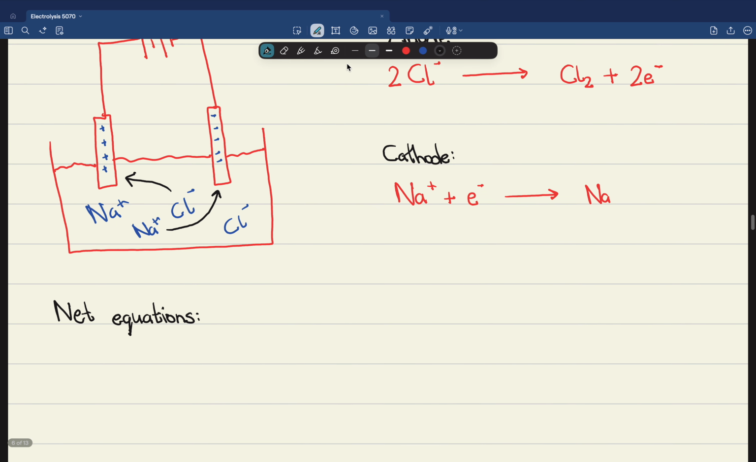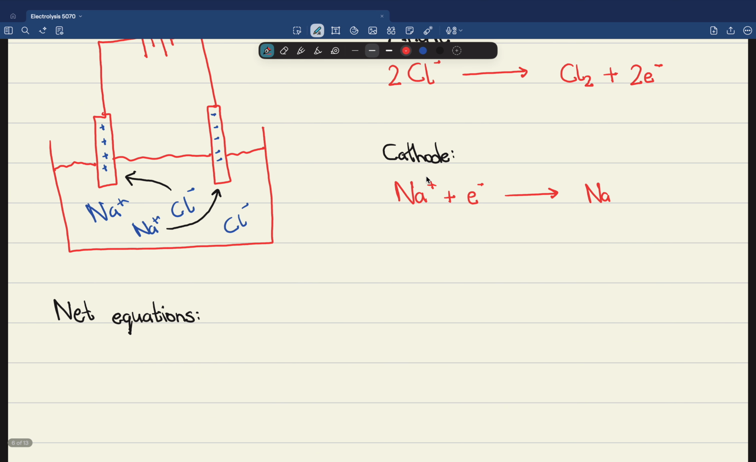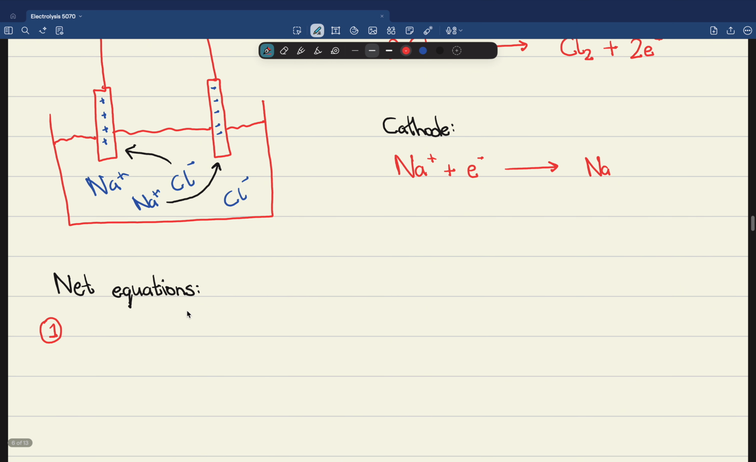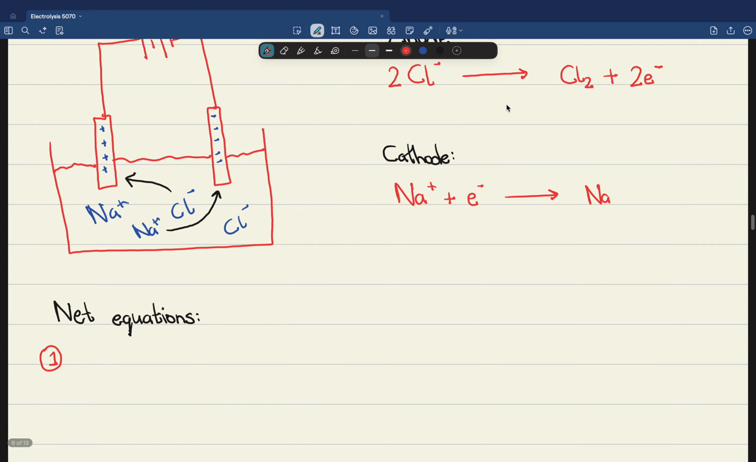Okay, so in order to write the net equation, the first step, हम इसको steps में देखेंगे. The first step is we'll see whether the number of electrons in both half equations is the same or not, right? Okay, so इसके अंदर we have 2 electrons and इसके अंदर we have 1 electron, right? The number of electrons in both half equations is not the same. Check